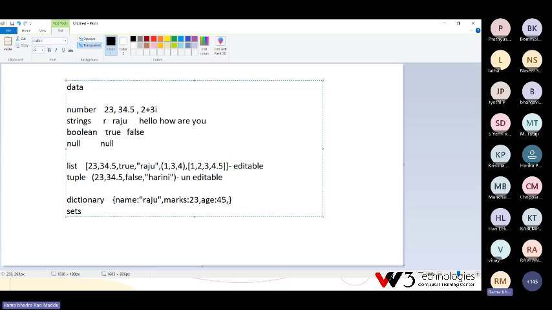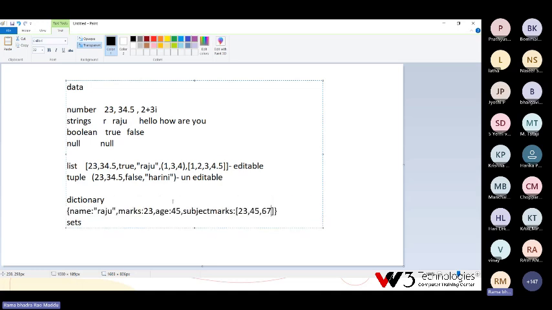Okay, so subject marks colon list, for example 23, 45, 67. You can give it like this also.